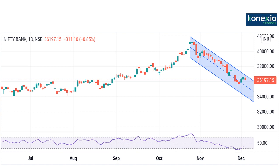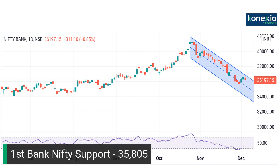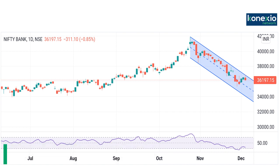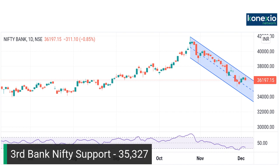that should be used as a buying opportunity. So now let us discuss the important supports and resistances in Bank Nifty. The important support in Bank Nifty is placed at 35,805. Second support is placed at